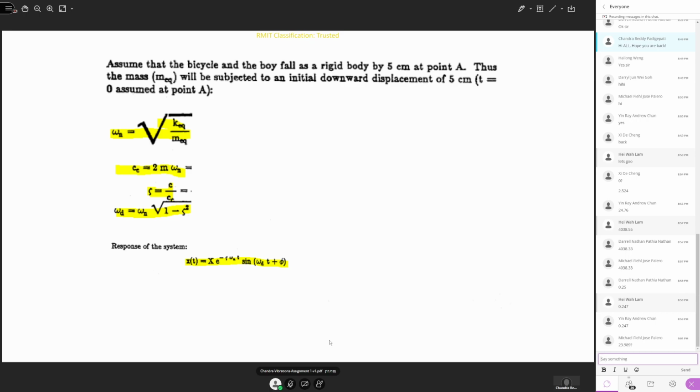The response of the system is x, which depends on the time, the displacement. Capital X is the magnitude. Eta is the damping ratio, omega n is the natural frequency, omega d is the damped frequency. So you know everything here. You need to know the capital X, the amplitude. So the amplitude X can be given as